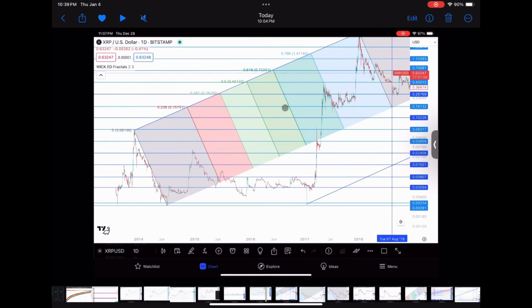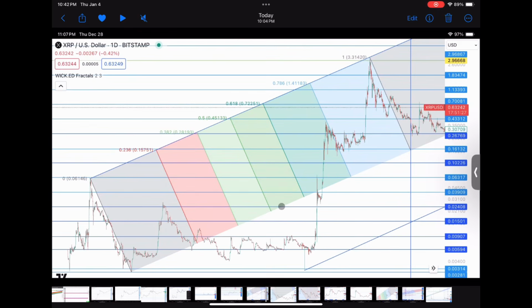Now, this graph has a lot of drawings on it. Ignore them. We're just going to be talking about the levels. So again, this is XRP. If we take this XRP market cycle, it doesn't touch this level. This is the last one it touched. So 1, 2, 3, 4, 5. You don't include when it hits the first two lines that you're measuring from, because that's where I got the measurements from. So we're at 5,